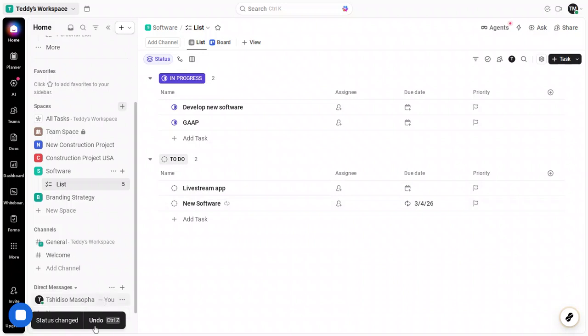Once you've entered your chosen space, you'll see folders and lists that break your work down into manageable chunks. Lists are where most people spend their time when they're tracking day-to-day tasks. They give you a clear, structured view of what's on your plate. Click to open the list that contains your tasks. Depending on how your workspace is configured, this might be a simple to-do list, a sprint or milestone list,